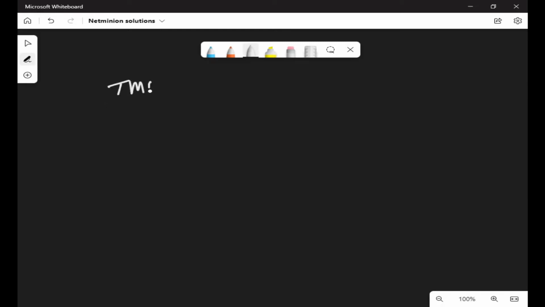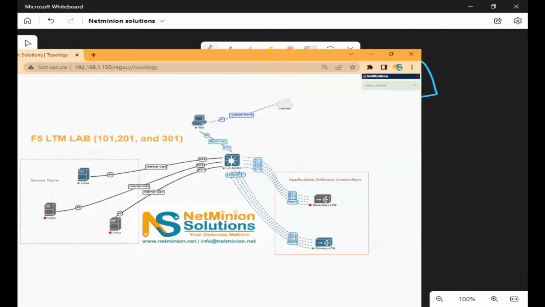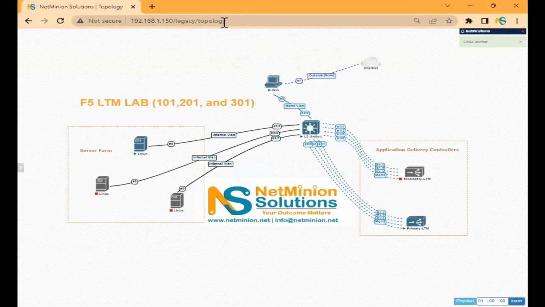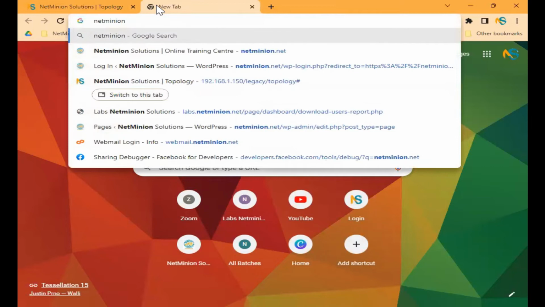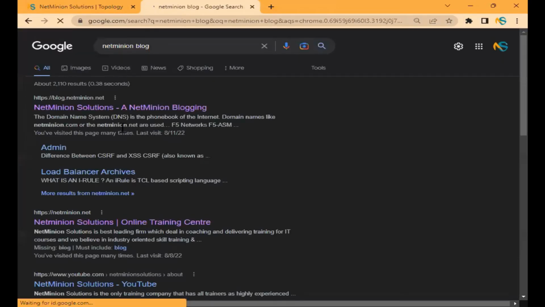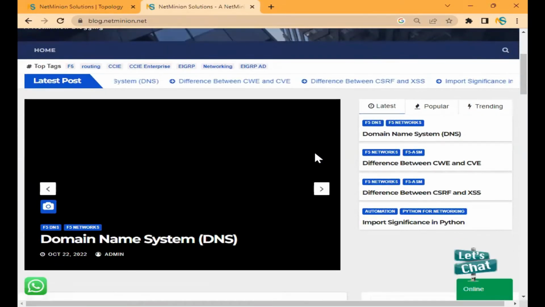Okay. I hope, regarding TMOS architecture, you people are already aware that by default it is full proxy. So full proxy, are you guys aware about full proxy? Yes or no? Yes. What is full proxy? If you want to tell, maybe you can tell. I think it's like a three-way handshake between client and the destination. Separate sessions. Separate sessions, right.